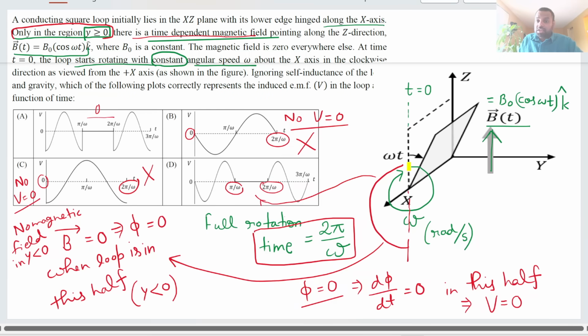यहाँ पे इस पूरे पोर्शन में, राइट, इस पूरे पोर्शन में फी जीरो, राइट। सो ये वाला जो पोर्शन है पाई बाय ओमेगा टू 2 पाई बाय ओमेगा, 2 पाई बाय ओमेगा इज फुल रोटेशन। सो उस पीरियड में आपका कोई मैग्नेटिक फील्ड है ही नहीं, कोई फ्लक्स है ही नहीं ओवर टाइम, तो फ्लक्स चेंज भी जीरो होगा तो वी भी जीरो होगा। तो इससे आप एलिमिनेट कर देंगे कि ए एलिमिनेटेड एंड बी एलिमिनेटेड।